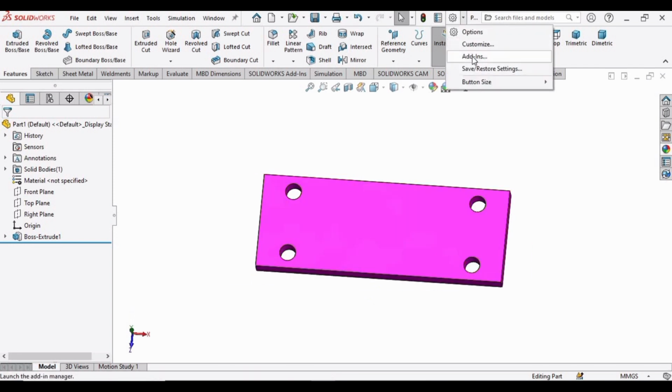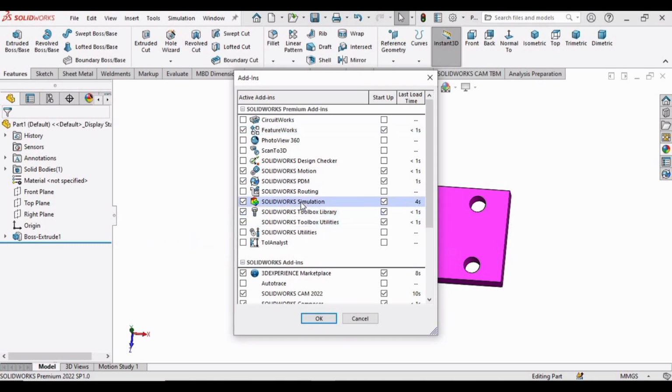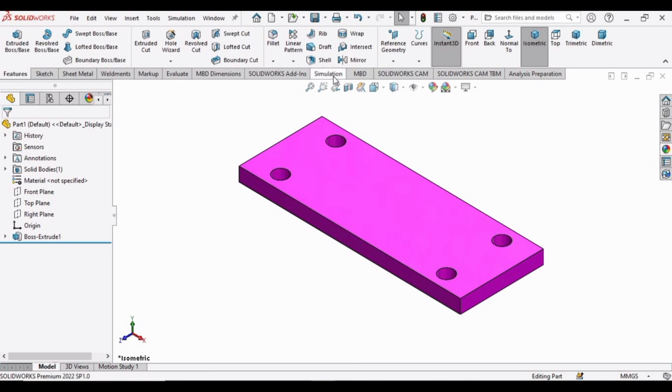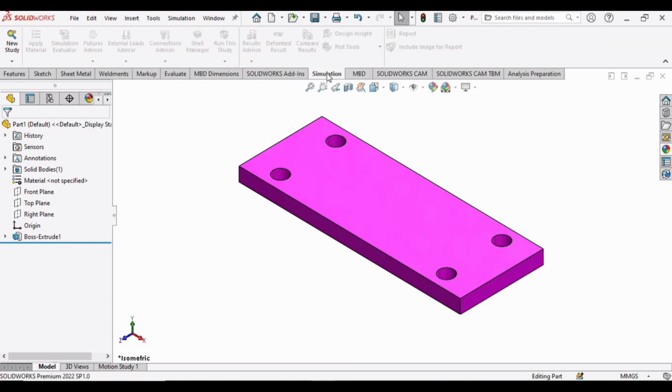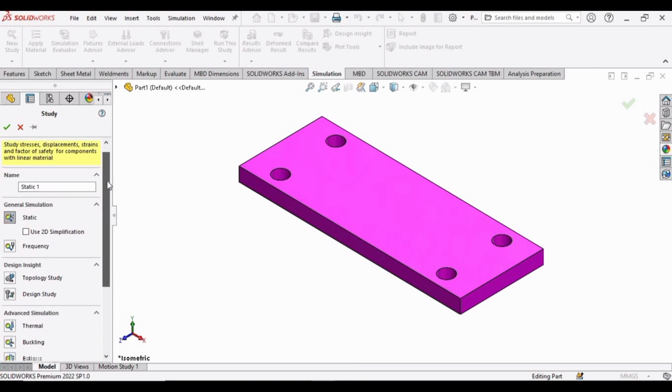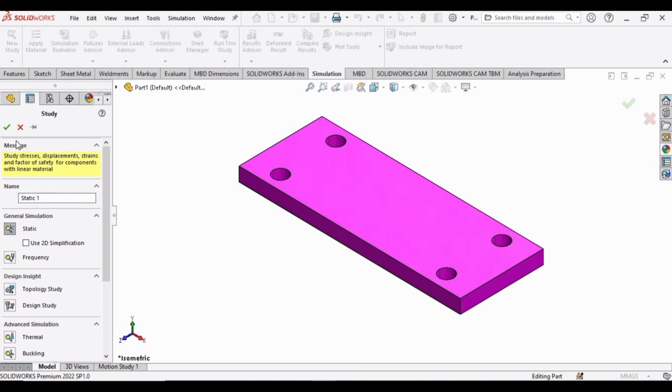Now go to add-ins. Make sure that you have checked these boxes for SolidWorks Simulation, this one and this one, and then click OK. Now go to simulations, drop down this menu and select this new study. Simply click OK here,